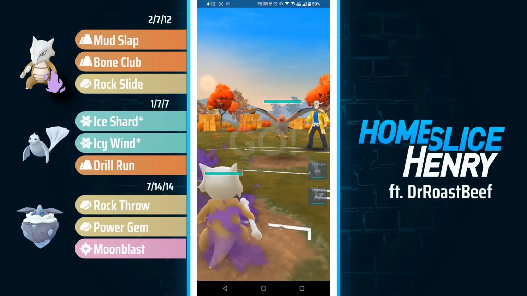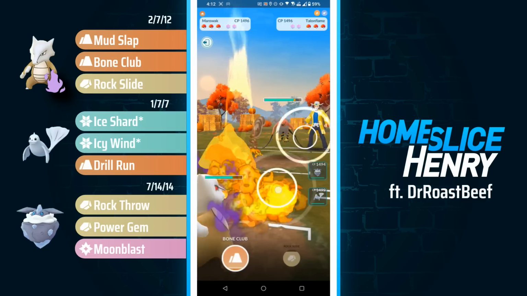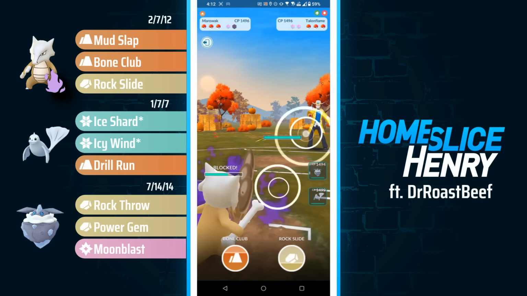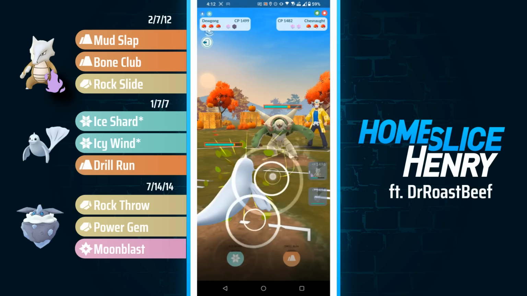We move to the next match, and it's a tricky lead for Dr. Roast Beef, leading the Shadow Marowak into Talonflame. Talonflame does have the pacing advantage, going to strike first. This could be a Brave Bird, so Dr. Roast Beef is going to commit the shield. It's going to be the Fly. The opponent save switches into Chesnaught, and this is a Pokemon that this team is actually